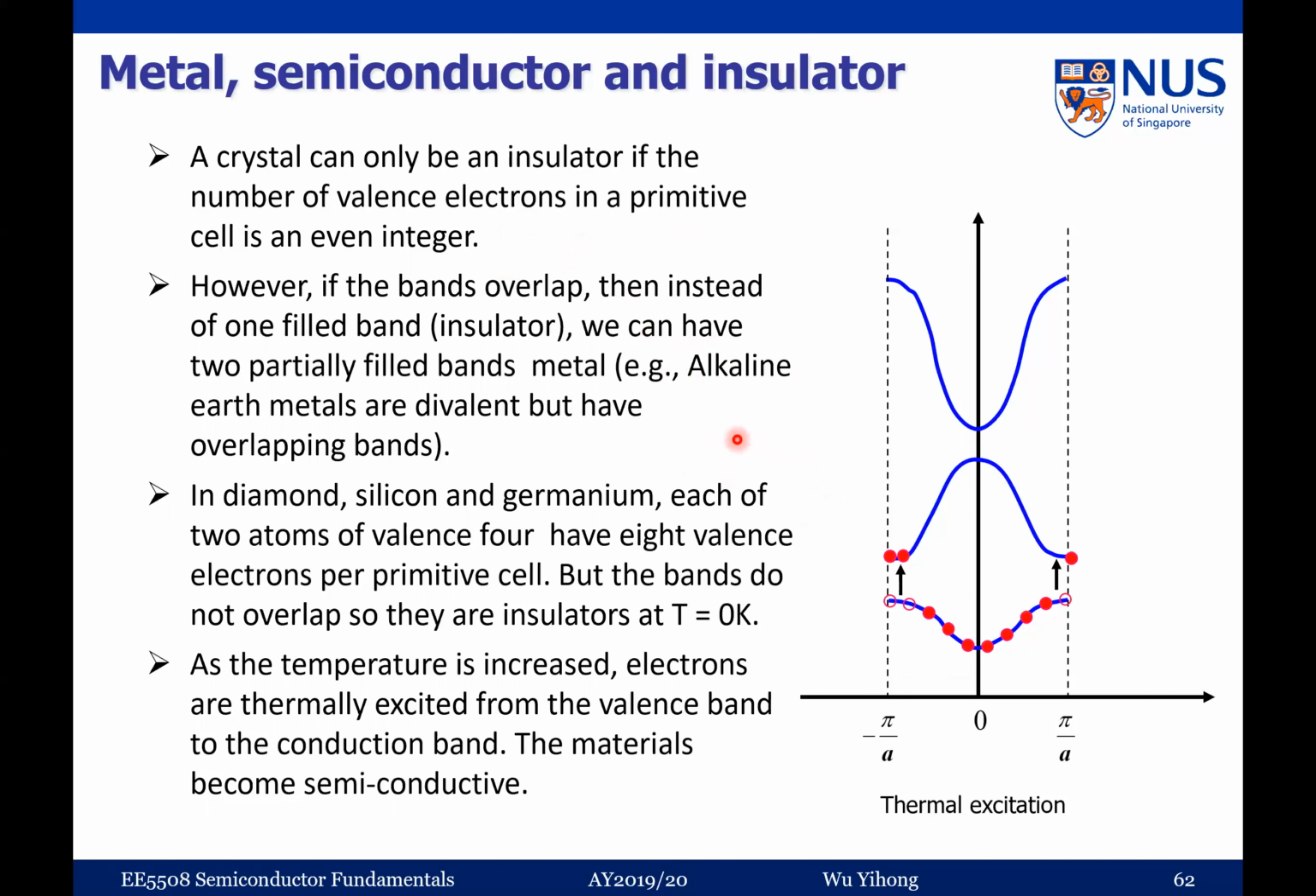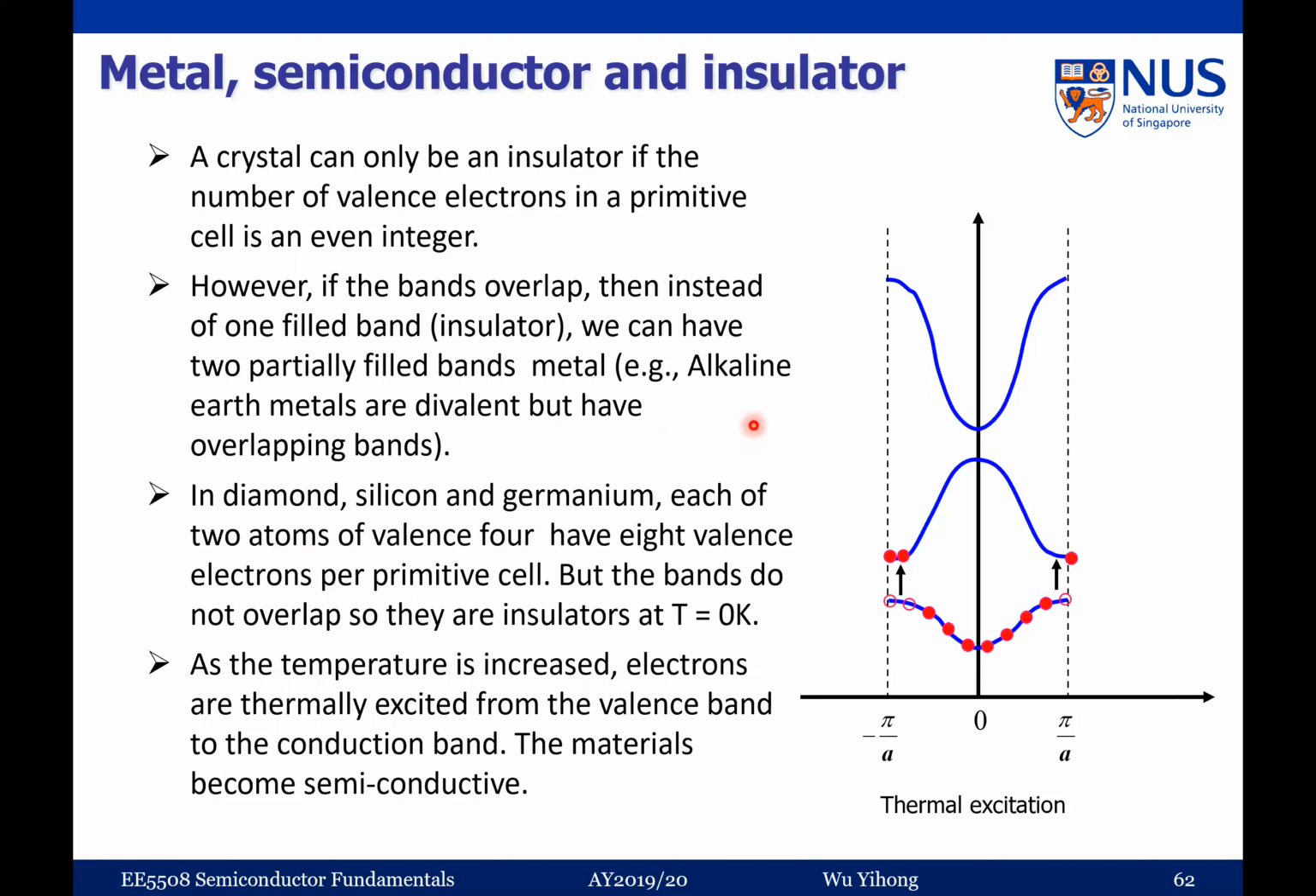And of course, if you have a band overlap, it may happen that instead of one band being completely filled, you may have two bands which are both partially filled. In this case, you can also have a metal, but this kind of metal is typically not as good as the normal metals we talk about, for example copper, gold or silver, right? And semiconductors, for example, diamond, silicon, germanium,